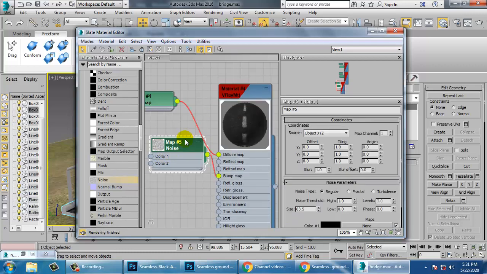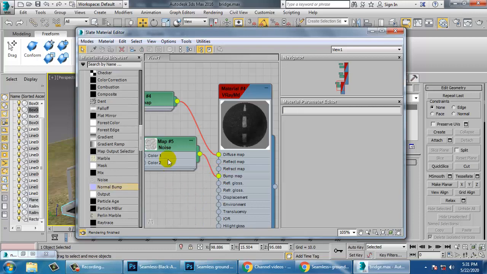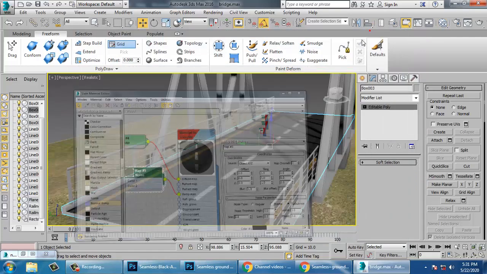If you have a normal map for this, you can take a normal bump, and in this you will get two options. You can add the normal bump and connect it to the bump map if you want. Right now we don't have a normal map, we are using just a normal noise over here. So let's again make it a turbulence and set its roughness.